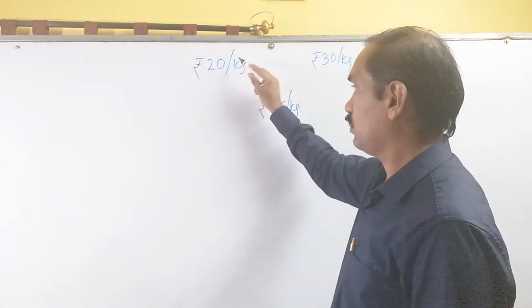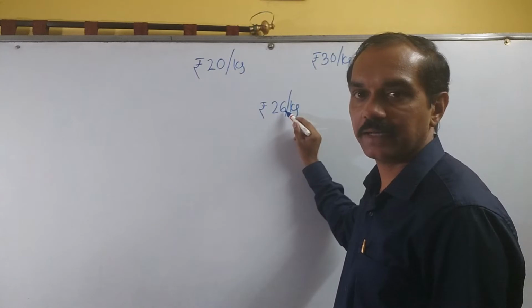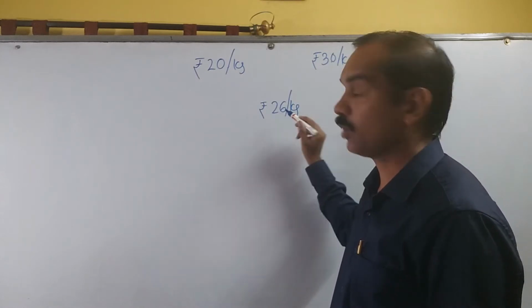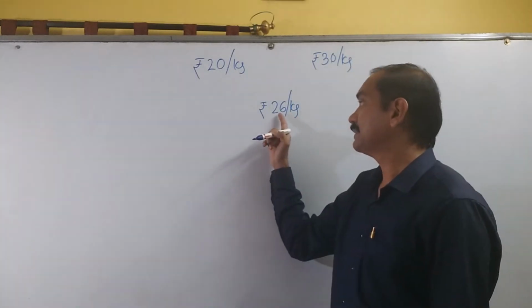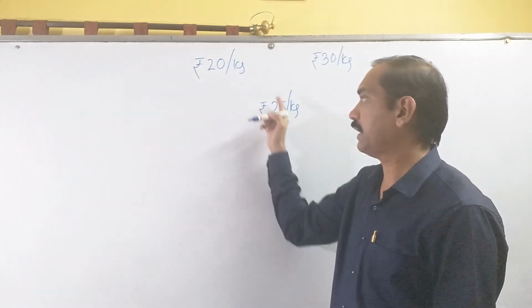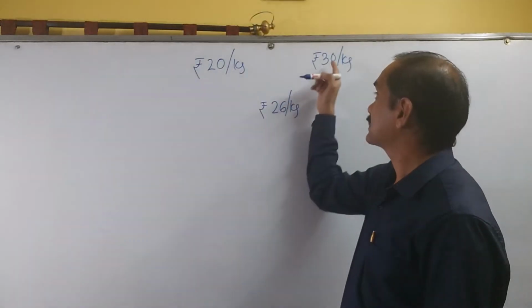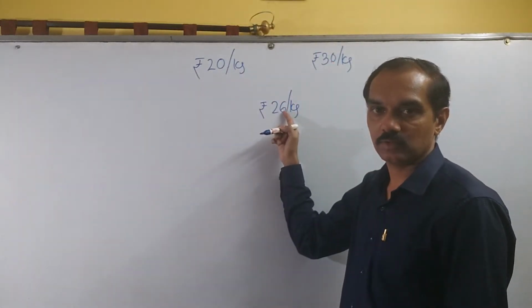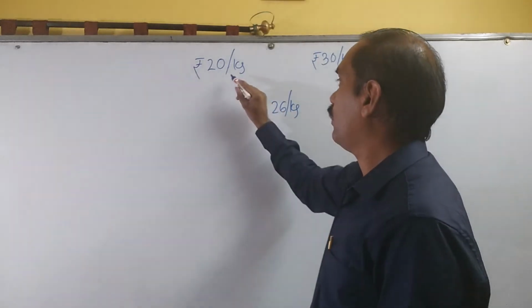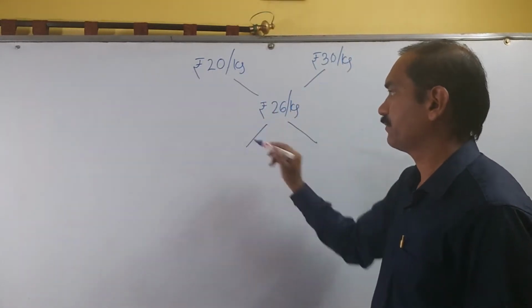Write individual, one on this side, one on this side, and mixture should be always placed at the center. And one more important thing here, friends, the middlemost figure should be more than one number and less than the other number. Only then we can use a trick. Now, it is simple, just go for crossing.